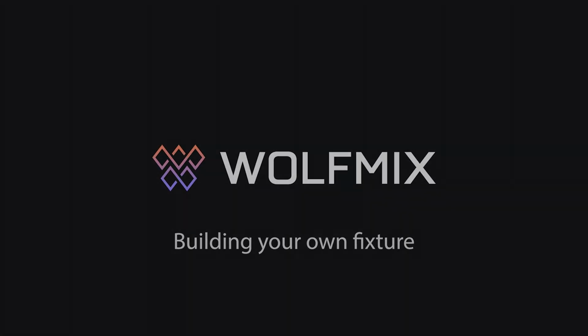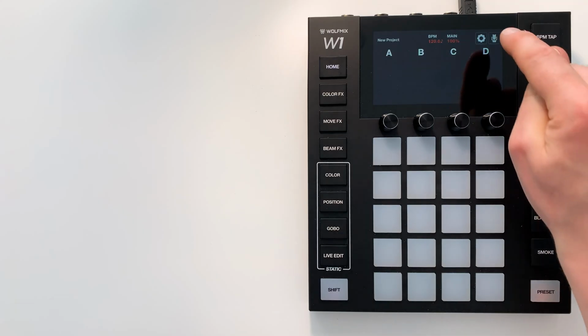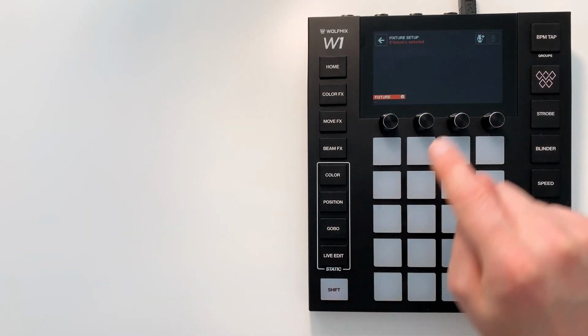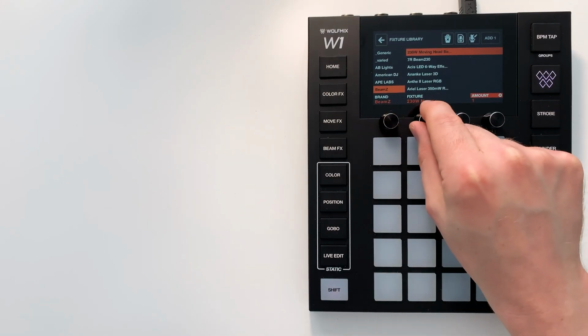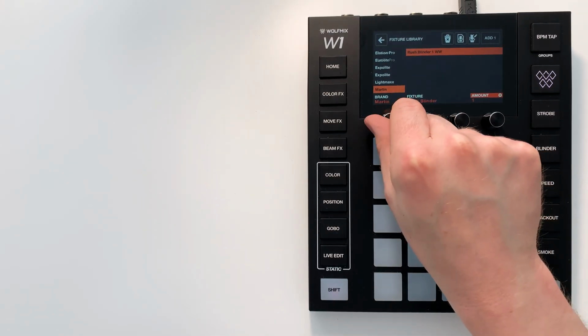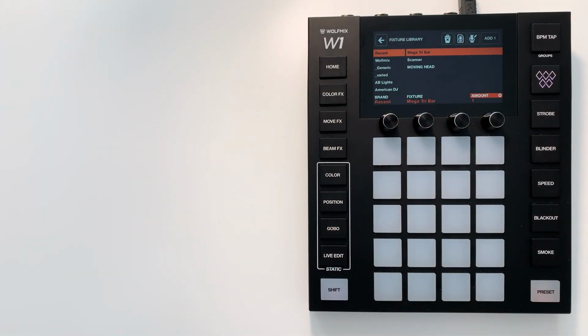One of the most common questions we get asked is how to build your own fixture profile if it's not already available in the library. If you press here to add a fixture, and then here, we have a list of all the brands and fixtures here. If your fixture isn't in the library, you can go over to WTools app for PC and Mac,